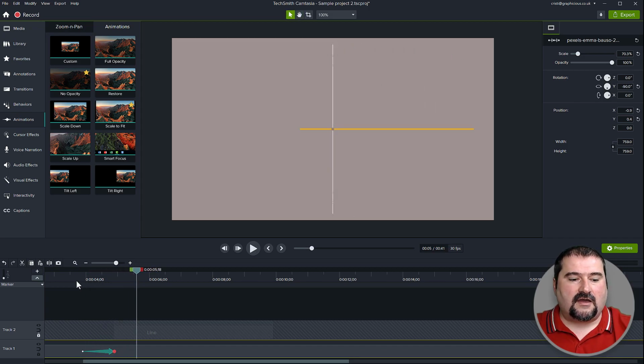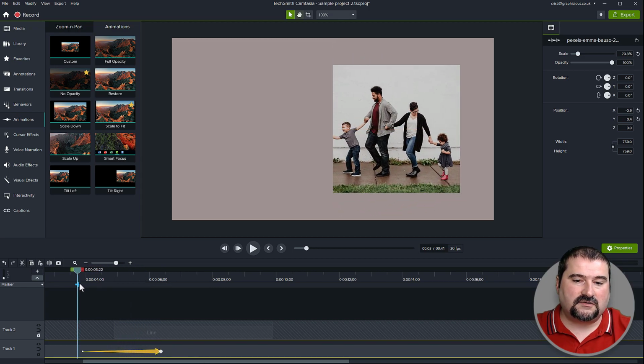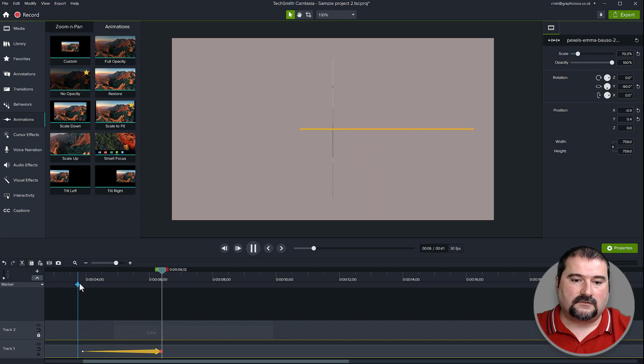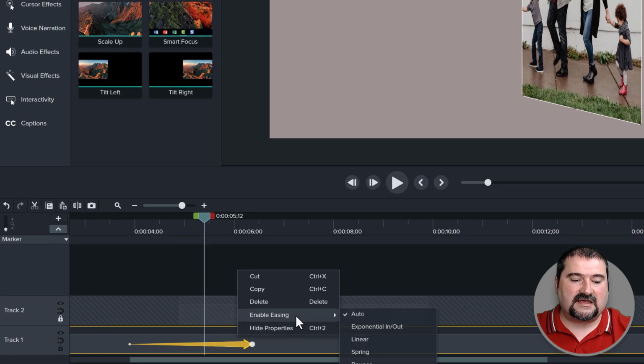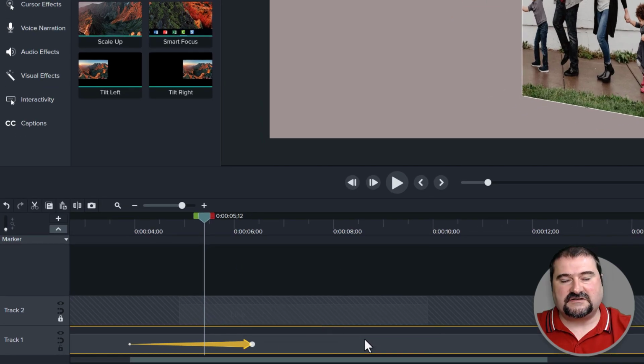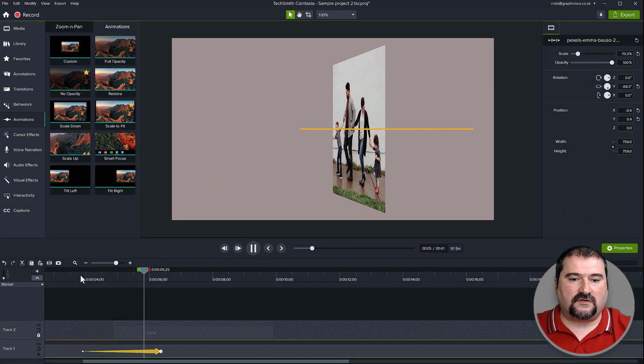There you have it. Now, if you feel like the page is moving too fast, of course, you can make the animation longer. It's still going to work. It's just going to be longer. And another tip, I advise you to change the animation easing from the in and out, which is by default in Camtasia. Right click on the animation and say enable easing to linear. The reason for that is you want the image to flip at the same speed from the start and then in the middle and then the other side. So we want to use a very simple, smooth animation. So now you can see it's moving quite nicely.